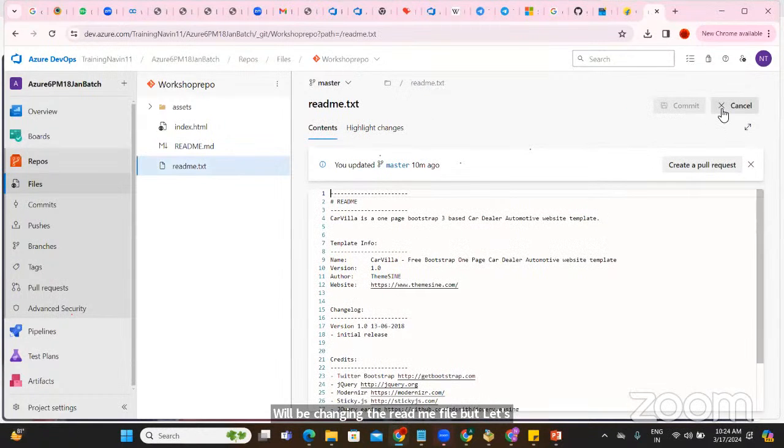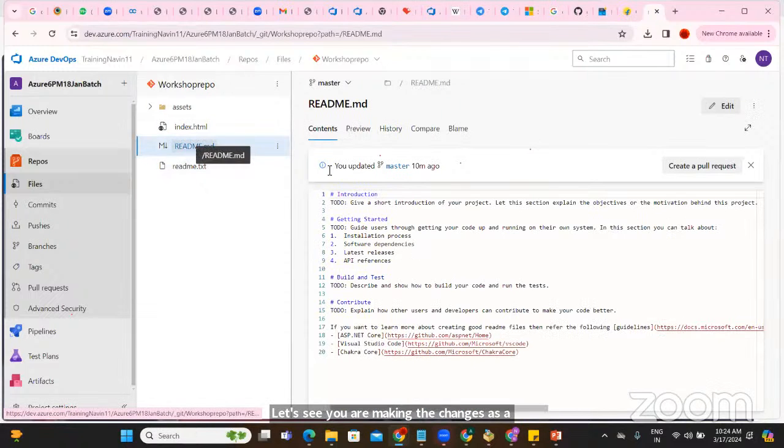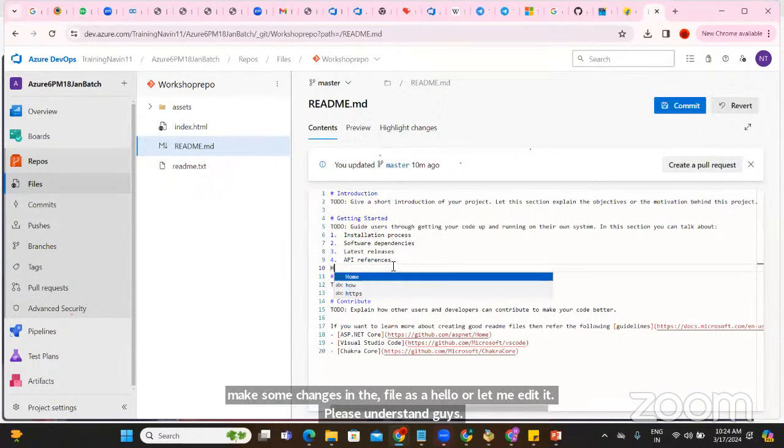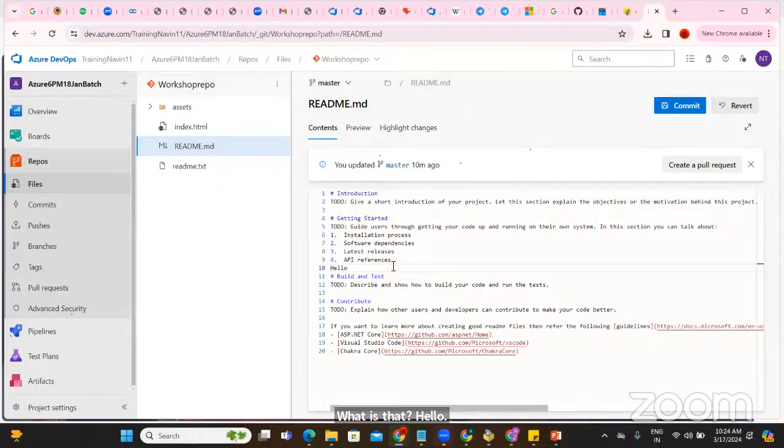If you want to make some changes in the README file, let's see, I make some changes in the README file, like a hello. You are making changes in your code, and that is called a commit. Commit means you're making changes in your code, right?